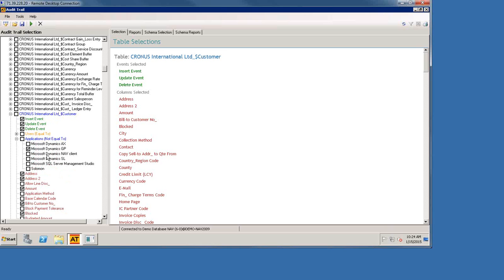You would still see if somebody went into Dynamics NAV and made a change to a customer that had been imported, you would still capture that because we're not ignoring changes that are happening with NAV. So hopefully that explains a little bit about the conditional auditing that we offer. And again, use caution with that because you can always filter out things in the reports, but it just gives you an idea of what we can do with the conditional auditing.